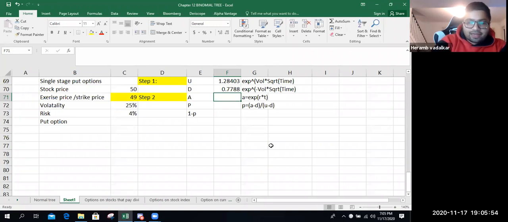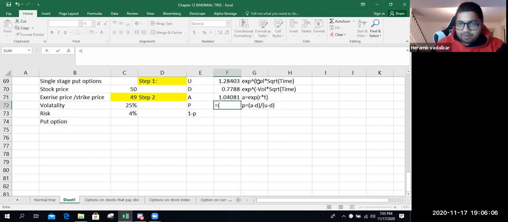A is calculated as exponential of the risk-free rate 4% times 1. P is calculated as A minus D